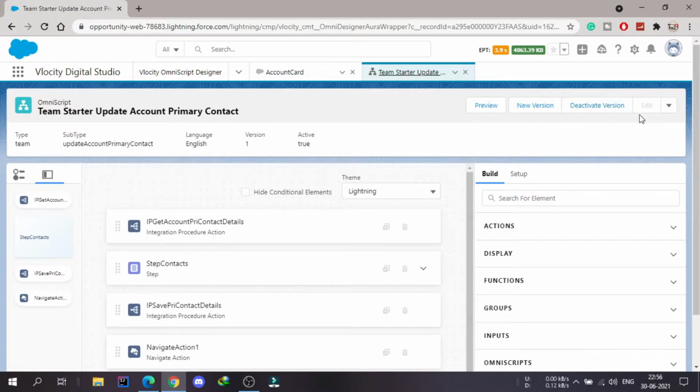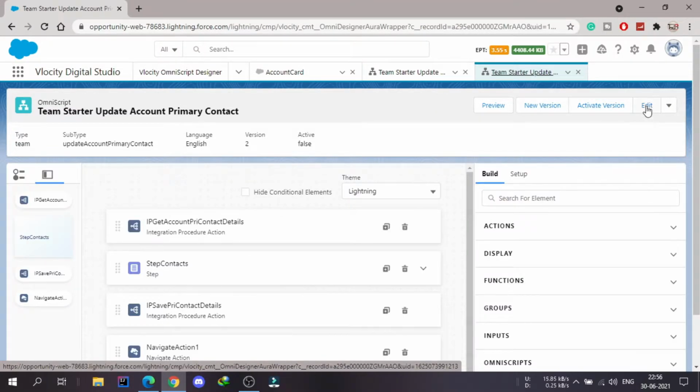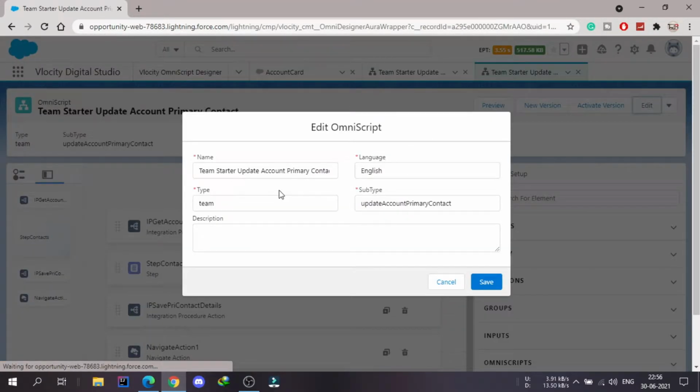So instead of using the same, I will create a new version so that I can edit the type and subtype. So now we can see that the edit option is enabled. So I will edit the subtype and I will remove this starter from here. Okay, and I will save this.